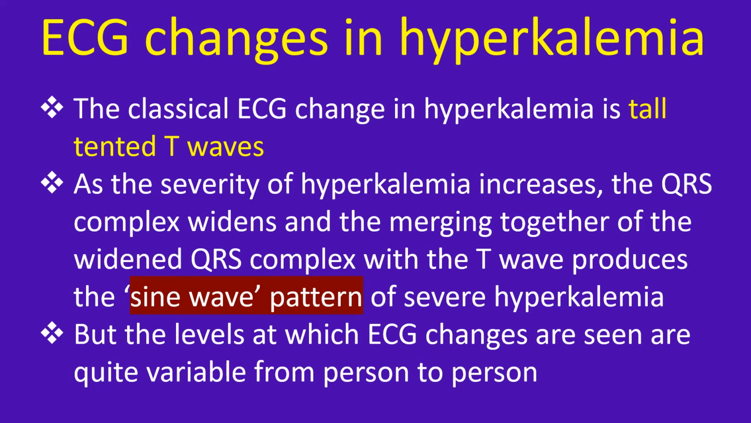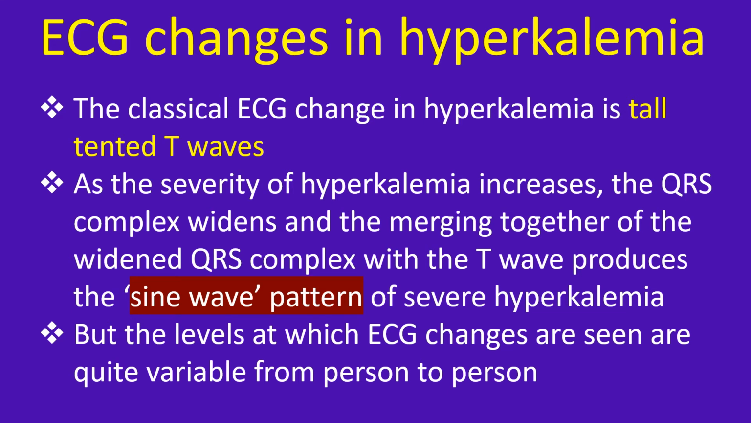As the severity of hyperkalemia increases, the QRS complex widens, and the merging together of the widened QRS complex and the T wave produces the sine wave pattern of severe hyperkalemia, but the levels at which ECG changes are seen are quite variable